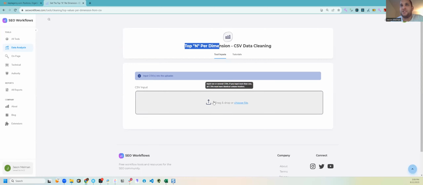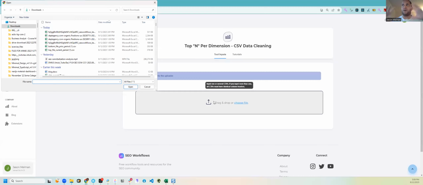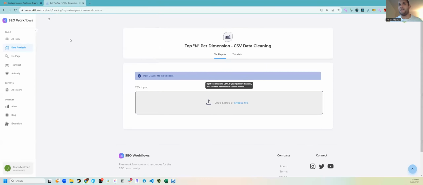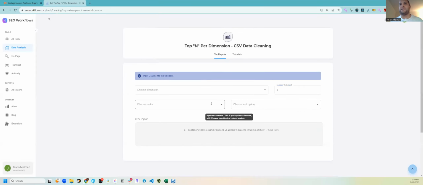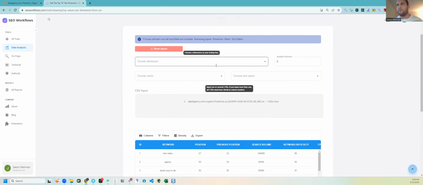So what's actually going to happen is you can put any CSV you want into this drop zone, quote unquote, and it will populate the data and allow you to make adjustments to that data set. Specifically, it will allow you to get the top any number per a dimension, as it says, top N per dimension. I realize it's really hard to comprehend, so let's just walk through it. We'll add this data set and it will ask us some questions. These will be the same questions regardless of the data set that you add in, but it will be grabbing